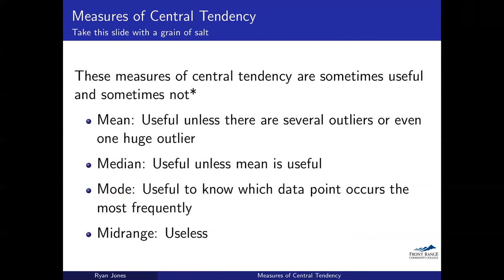The mode is pretty particular in when it's useful. It's useful if you want to know which data point occurs the most frequently. If we're looking at something like exam scores, it doesn't really help me to know that 77 was the most common grade on the exam. The exam points are so distributed, from 0 to 100, that knowing that 2 people got a 77